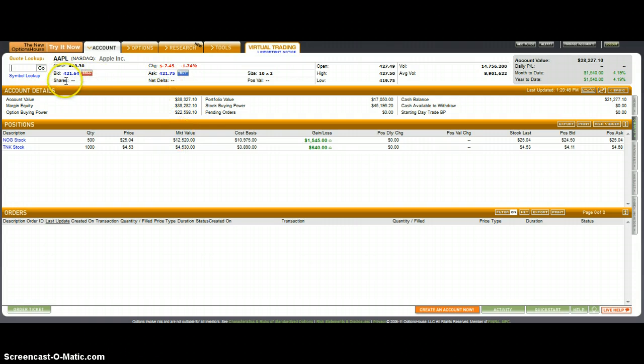Same with selling. If we own the stock, we say we want to sell this stock at market. It's just going to sell it at whatever the bid price is. Market orders are therefore different than limit orders, and I'll go into that in more detail in another video. But with limit orders, you can set a specific price. Let's say maybe with this one here, we didn't want to buy the stock unless it dipped down to 420. We feel like it's going to dip down, and we want to get it cheaper. So we might set a limit order, and I'll go into that later.